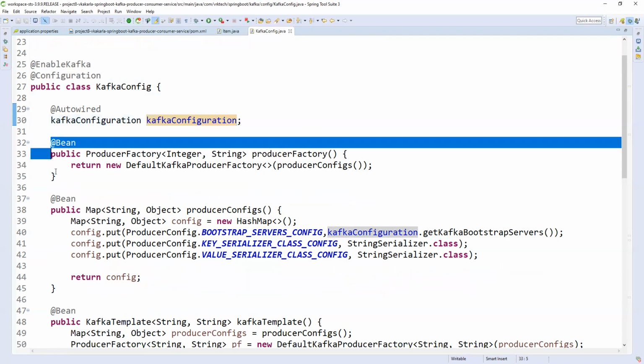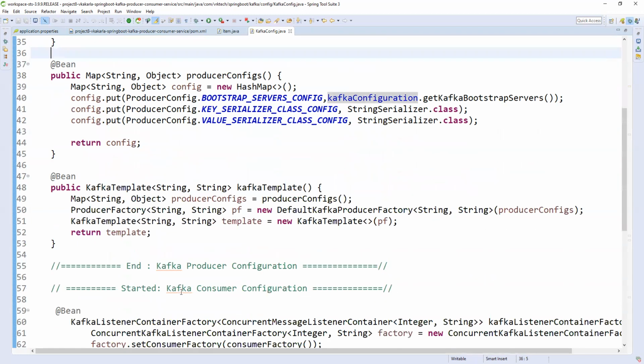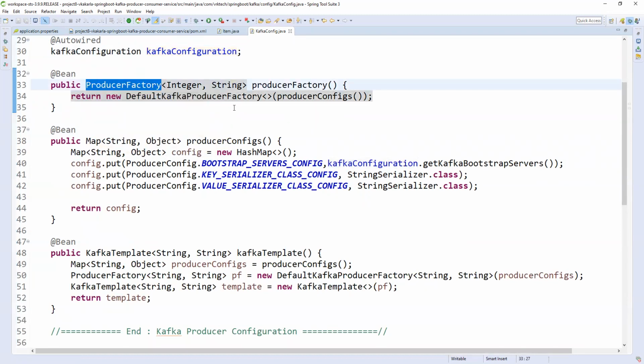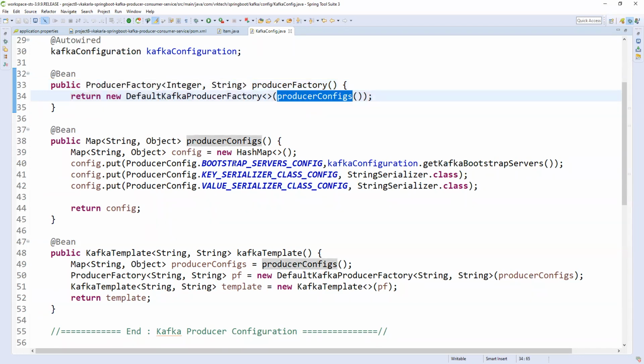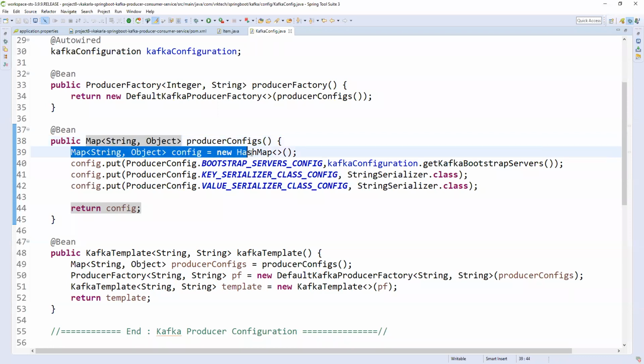First, the producer configuration; later we will see the consumer configuration. One is the producer factory, because we may have more than one cluster. Inside that we call the producer config, where we store data in a String, Object manner, so we create a map object here.